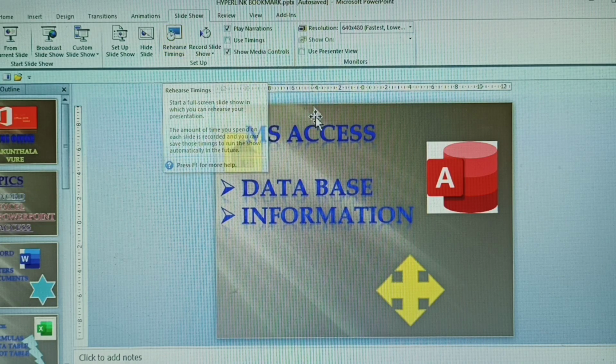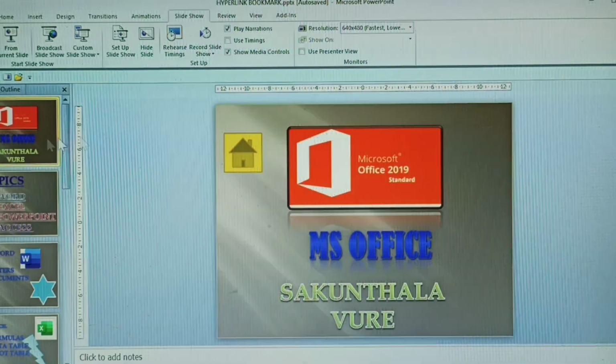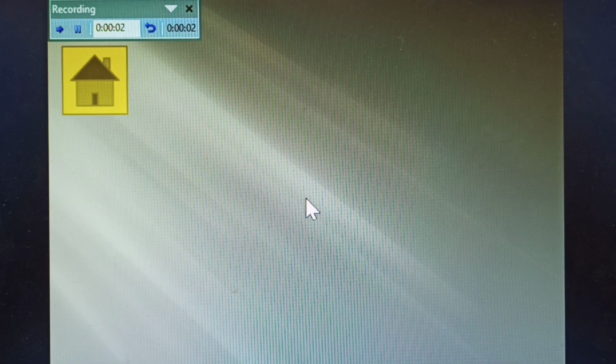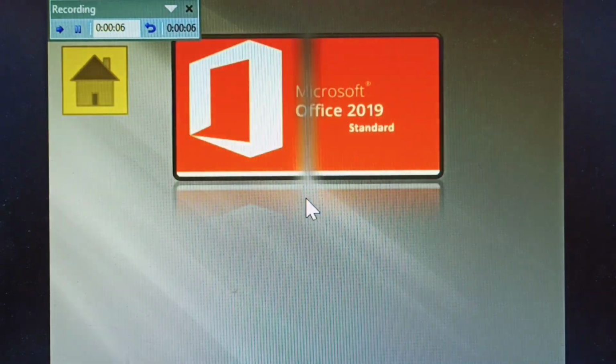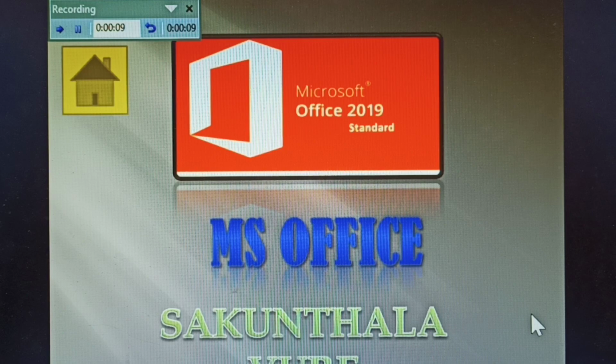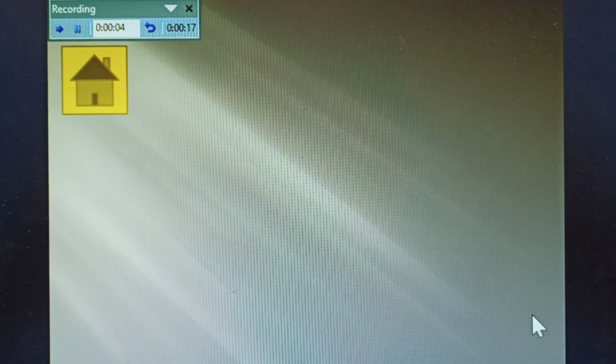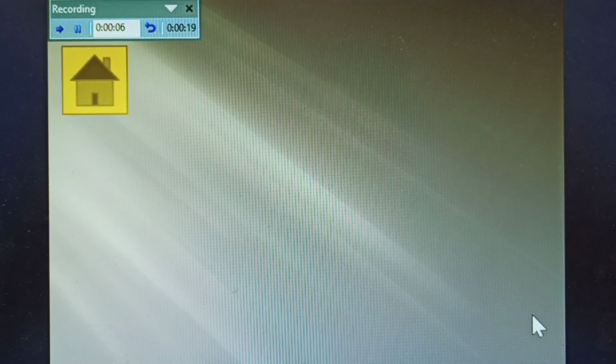Whichever timing is given, only that time is displayed. It comes automatically, one by one, for as long as you set. You can work without using the mouse or the arrow keys, and the slides will be displayed.